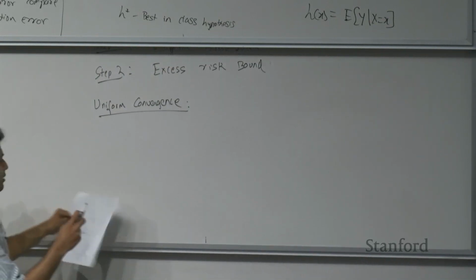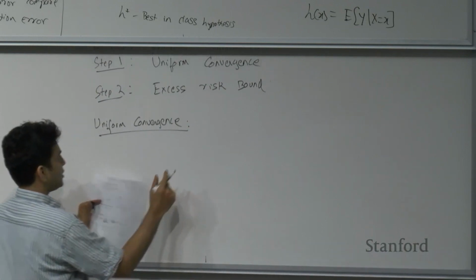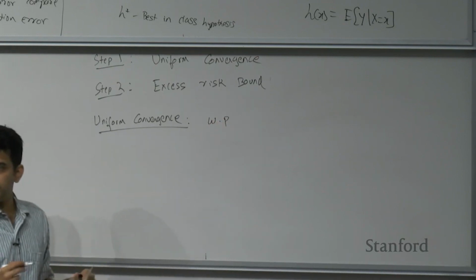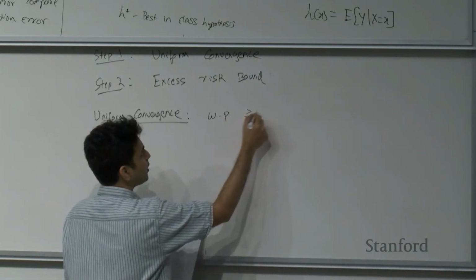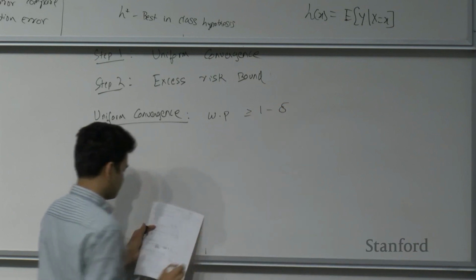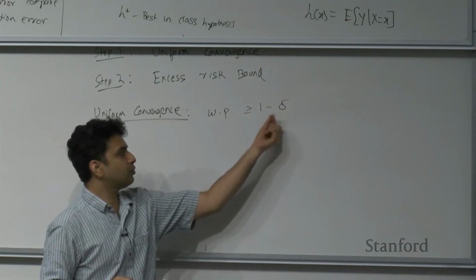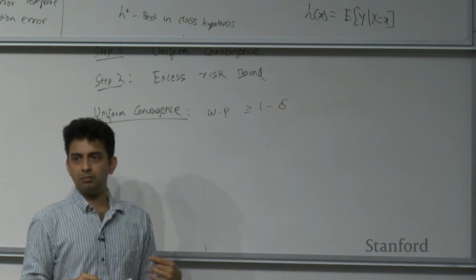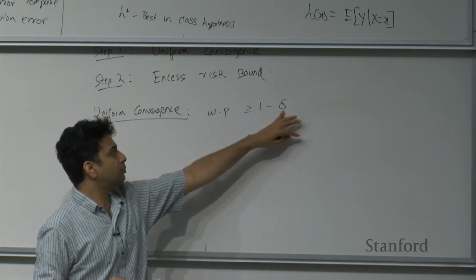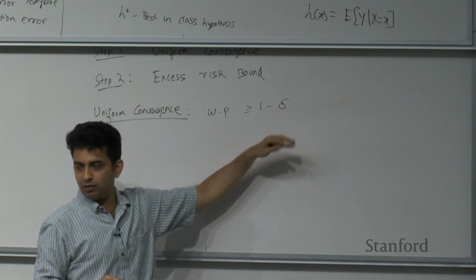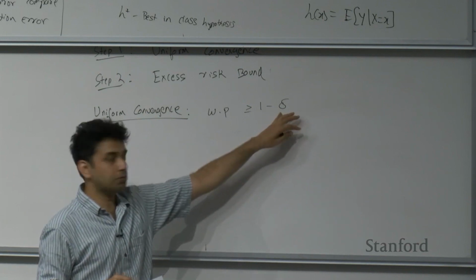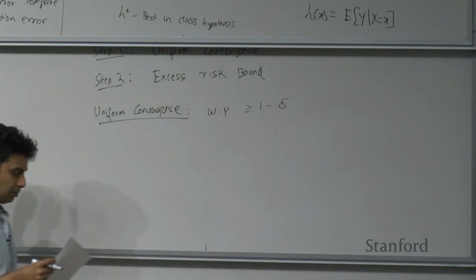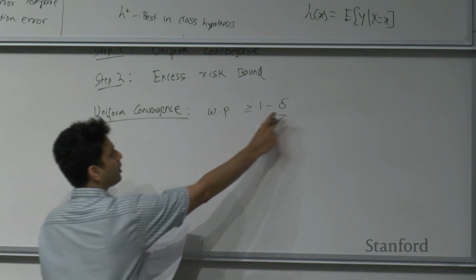So the uniform convergence statement looks something like this. With probability (WP means with probability) greater than or equal to 1 minus delta. Delta, generally, you want to think of as a small value. If you want to give a 99% probability statement, then delta will be 0.01. If you want to say with probability 80%, then delta will be 0.2. So you think of delta as the gap between 1 and the level of probability that you want to give a statement at. So with probability 1 minus delta,